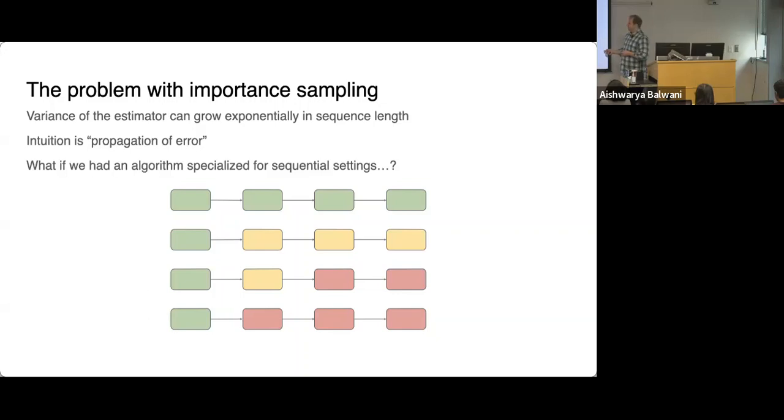In general, you can think of that as saying, well, maybe at the first time step, a lot of my proposals were pretty good, highlighted in green. But as I go forward, I really need an "and" of every time step. I need the first time step to be good, and second, and third. If at each time step there's a failure probability, by the time you get to the end, it's very likely that at some point in this chain you've made a bad proposal, things are going to break down, and the trajectory is not going to be valid.